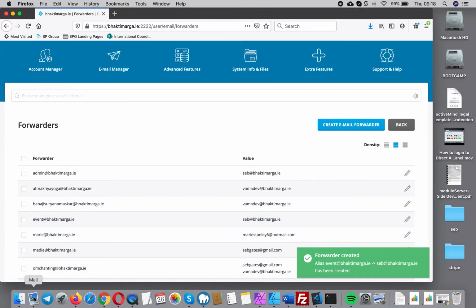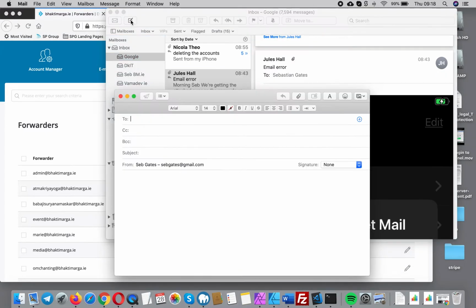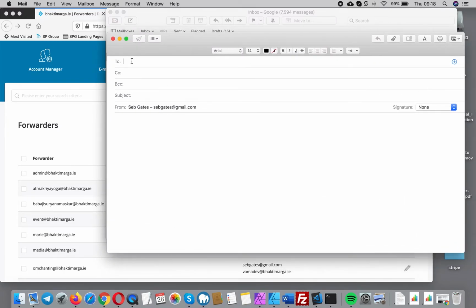So let's just send an email to event at bhaktimarga.ie. Okay. So what I'm going to need to do is use my Gmail, because I don't really want to interfere and use another email on my domain, like my Bhaktimarga email account, because I think it could interfere with the possibilities of a successful redirect. So I'm pretending to be a customer who's seen the poster. So I'm going to send an email to event at